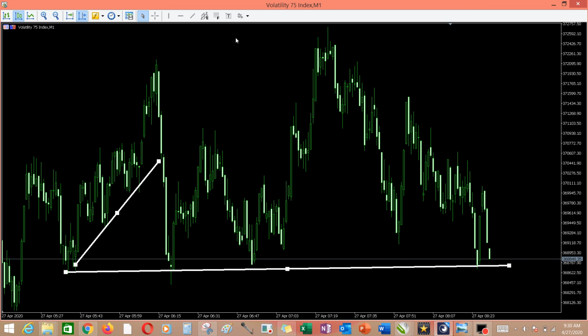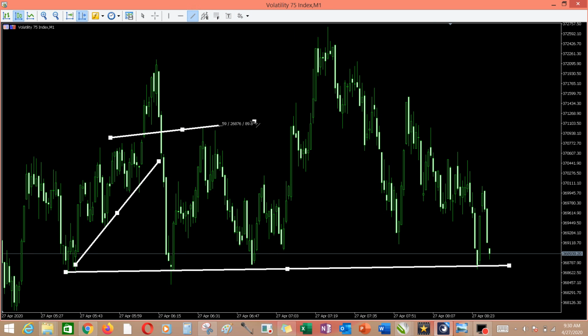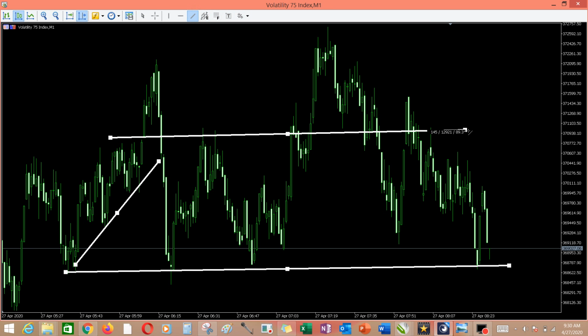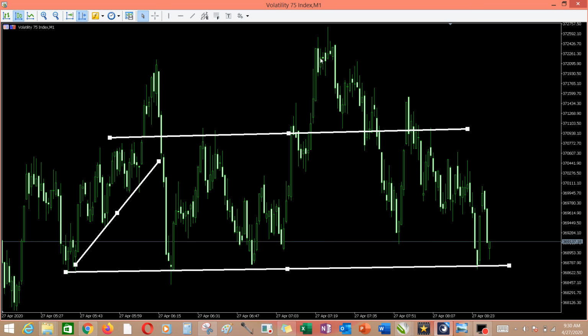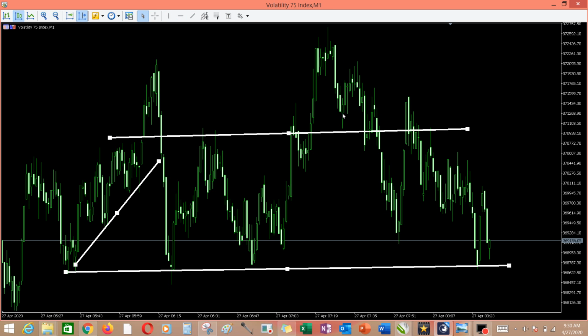Let me quickly show you more things. Here is another resistance level. You can see once it is getting there, but it was broken here, and when it got broken, it went up. There is another thing you need to understand. When a resistance or support level is broken, then you should know that there is going to be a shootout. You can see the shootout, the way it went up here.